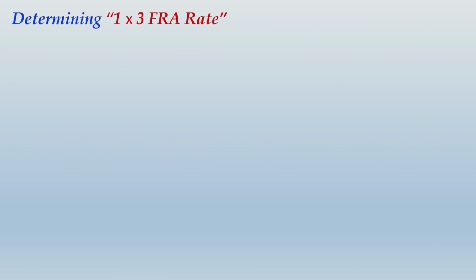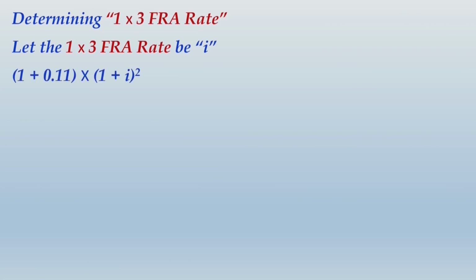Let us move ahead and now determine the 3rd FRA rate that was applicable for the 1/3 FRA contract. So for the 1/3 FRA rate, let that yield rate, or that interest rate, be I. Now what we will do is first interpret the 1/3 FRA rate. It means you are going to borrow after 1 year and your borrowing will terminate at the end of the 3rd year. So the duration of borrowing this time will be 2 years, and you would want to find the rate applicable for 2 years, and that rate for 2 years will be I.